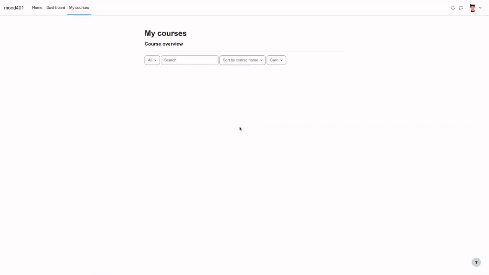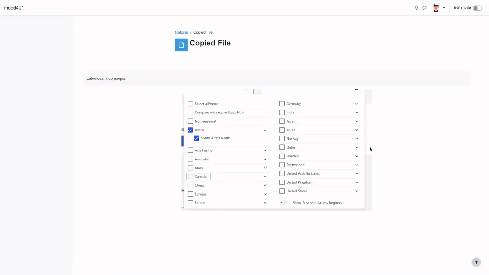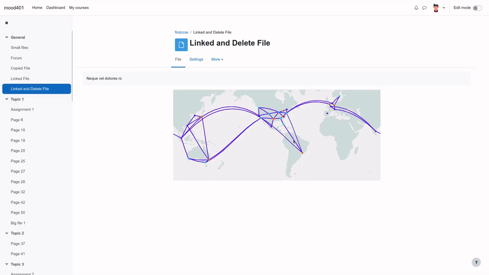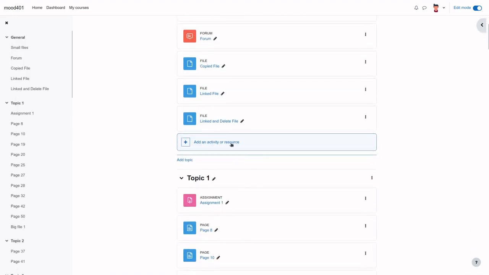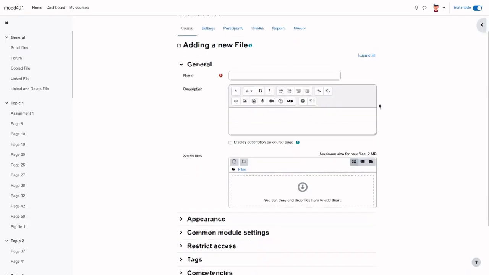So if I go to my courses, go back to my first course. I've still got my files from previously, so that's one of the files. Let's look at the link and delete. It's still there. So let's see what would happen if I attempted to add a file from my private repository, if I happen to